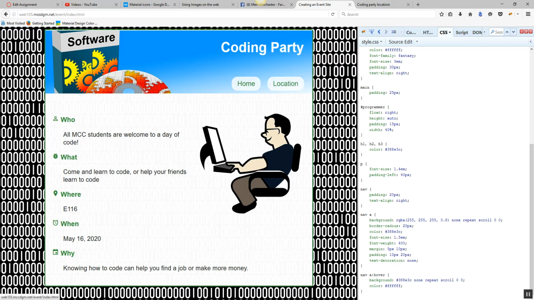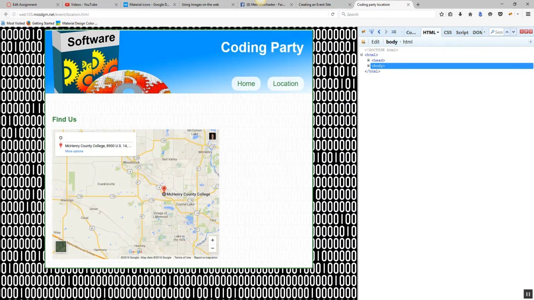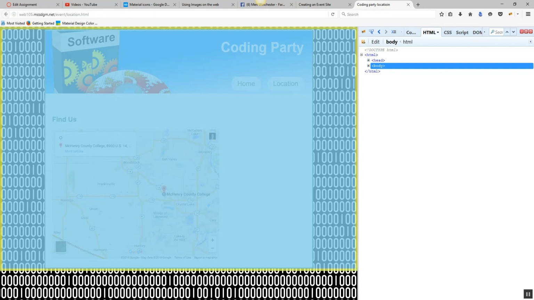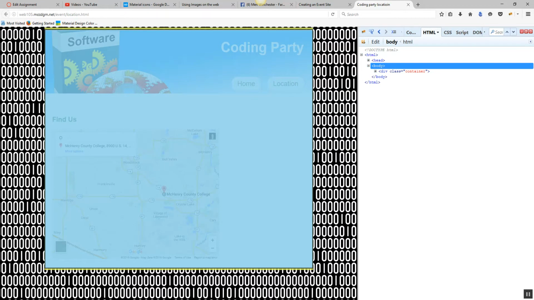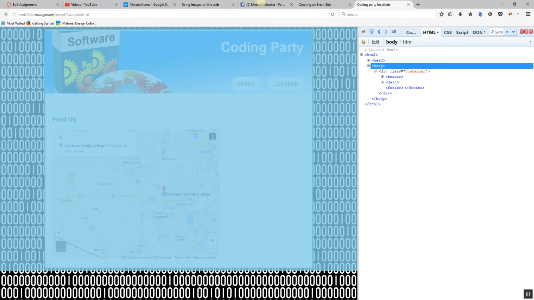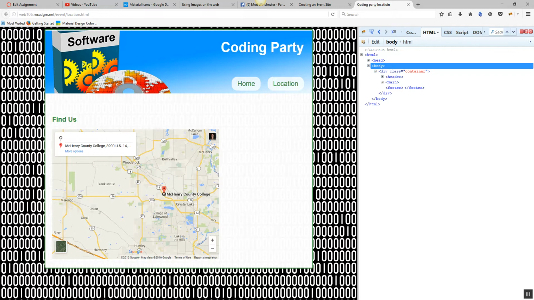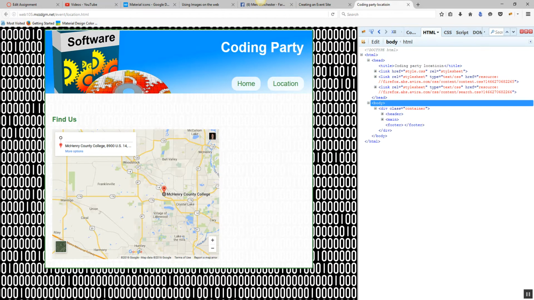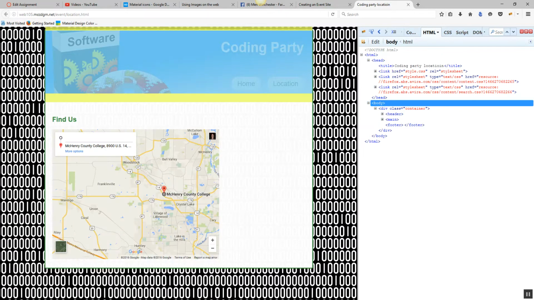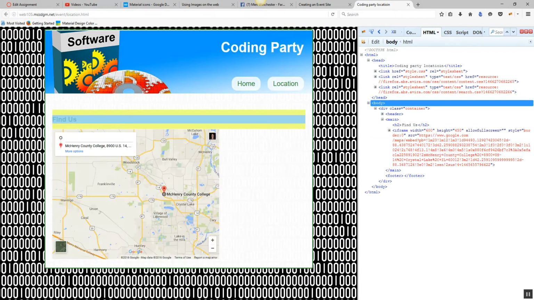So on the other page, this is my coding party page. On the other page, I was not feeling very creative. I went out and got the embed code from Google Maps, and you're welcome to do the same thing because I just really didn't have a lot of content. I just wanted to have both pages point to that external style sheet. So again, here you'll have the link rel="stylesheet" href="style.css" that's linking us to our style sheet. And then in the main section here,